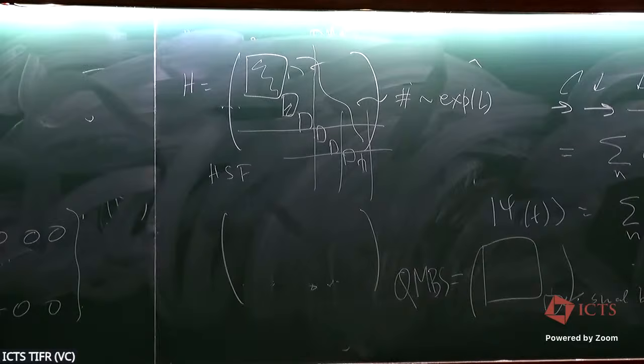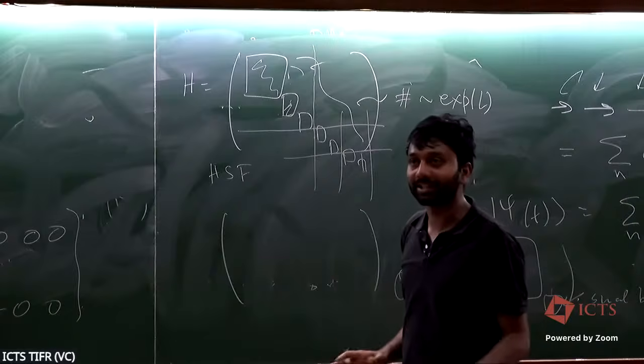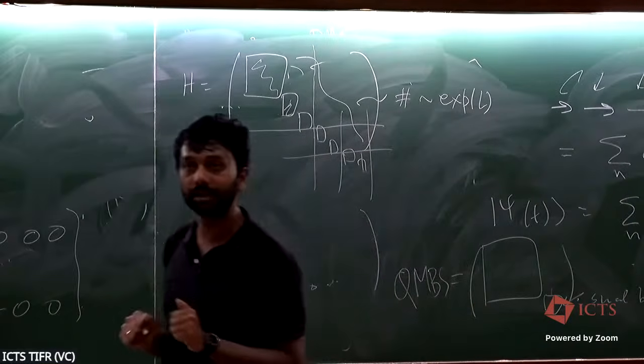Yeah, that's a good question. It turns out that any charge and dipole conserving Hamiltonian, even if you add longer range terms, preserves some form of Hilbert space fragmentation. So some of these blocks might get connected, but not all the blocks get connected.